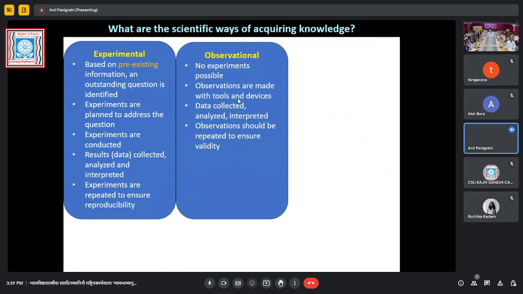We cannot provide the necessary ingredients in the laboratory for a star to form, to grow, to mature, and to die, right? So what we do, we scour through the sky and we look into different stages of different